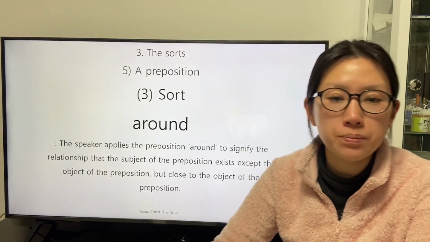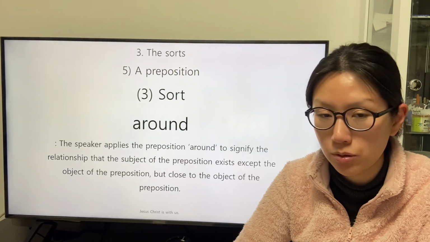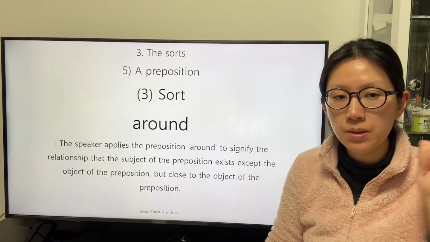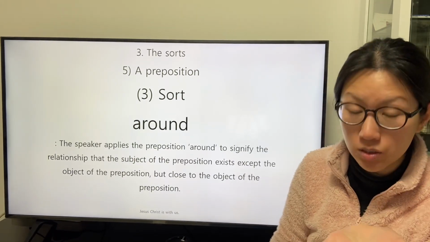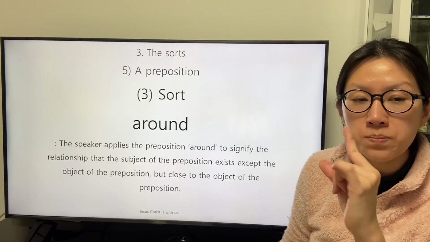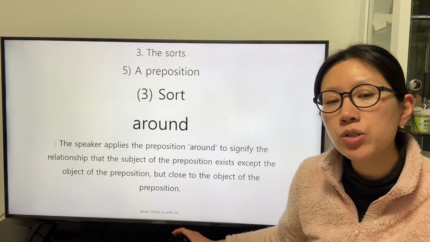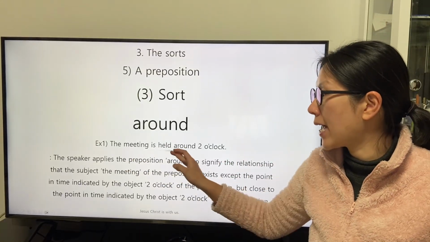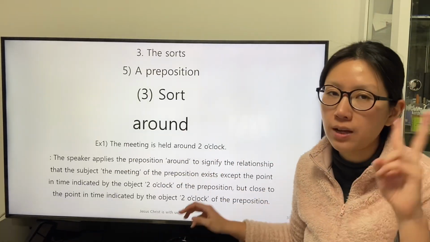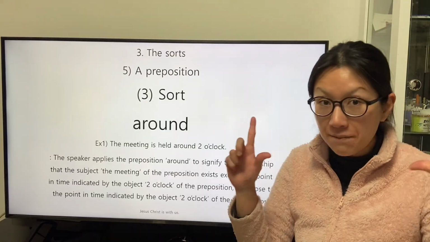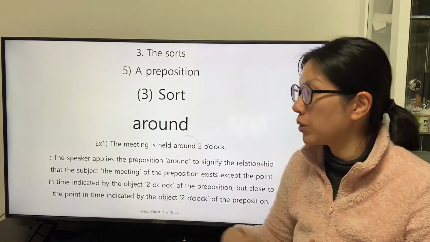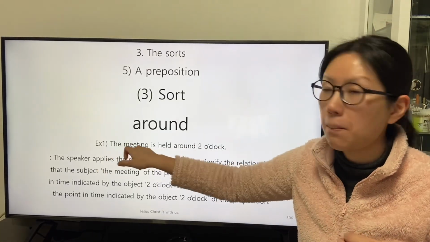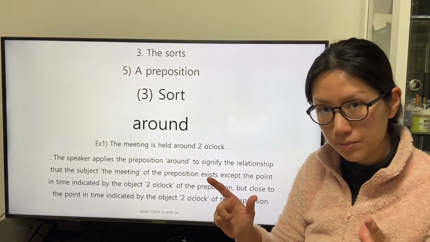The speaker applies the preposition around to signify the relationship that the subject of the preposition exists, except the object of the preposition, but close to the object of the preposition. There is a clause, the meeting is held around 2 o'clock. From the definition of the preposition around, we can understand that the subject, the meeting, exists